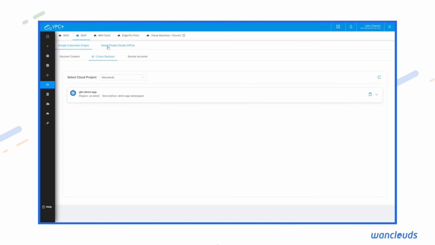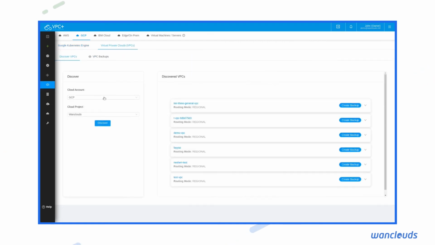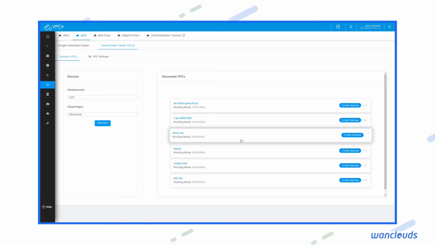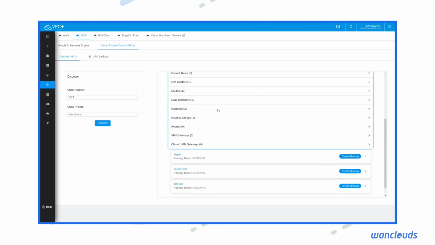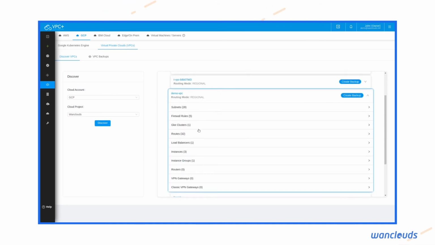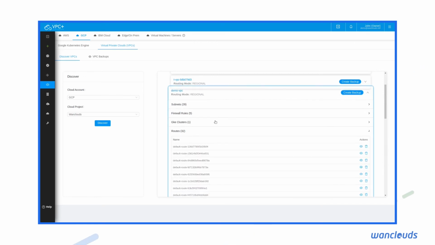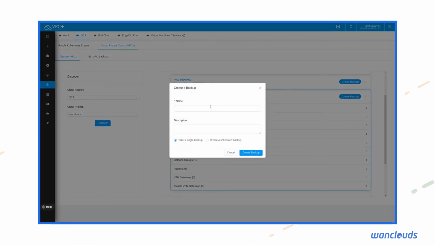Similarly, if you want to snapshot VPC, just select cloud account, cloud project, and hit discover. And then if you want to view what resources are in this particular VPC, you can expand that. And to take a backup, simply click on create backup and give it a name, some description, and then you can either go with a single snapshot or a scheduled backup policy and initiate your backup.